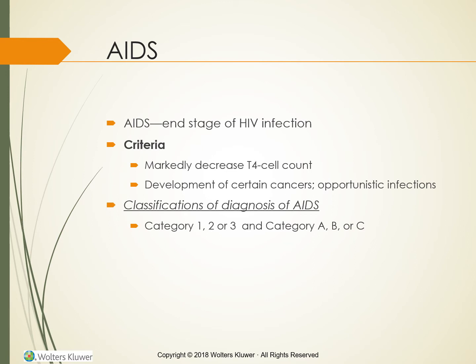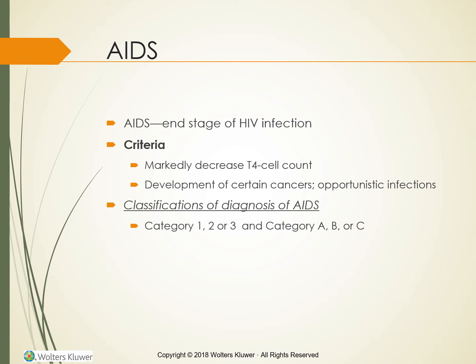Category C is HIV positive with one or more of the following: yeast in the bronchial, tracheal, lungs, or esophagus, cervical cancer, invasive, coccidioidomycosis, which is disseminated or extrapulmonary, cryptococcosis, which is extrapulmonary, cryptosporidiosis, which is for more than 1 month, cytomegalovirus, other than the liver, spleen, or nodes, encephalopathy, HIV-related, herpes simplex for more than 1 month, or bronchitis, pneumonitis, and esophagitis, histoplasmosis, disseminated or extrapulmonary,